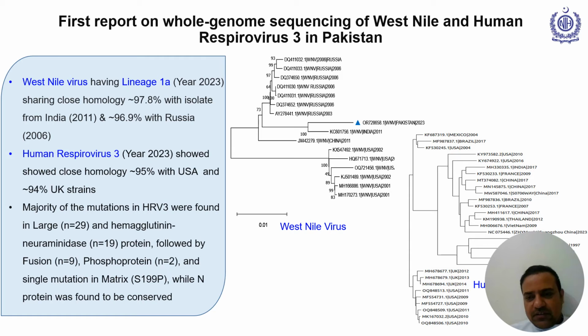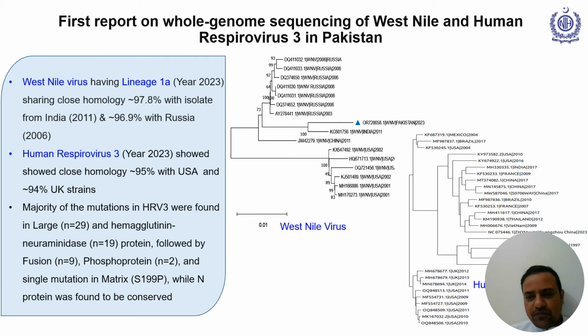Initially, he was suspected to be a case of Nipah, but we used PCR and found the sample to be negative for Nipah. So we again used a metagenome sequencing approach, and in the blood sample we found that the patient was infected with West Nile fever virus. Again, this is not common.